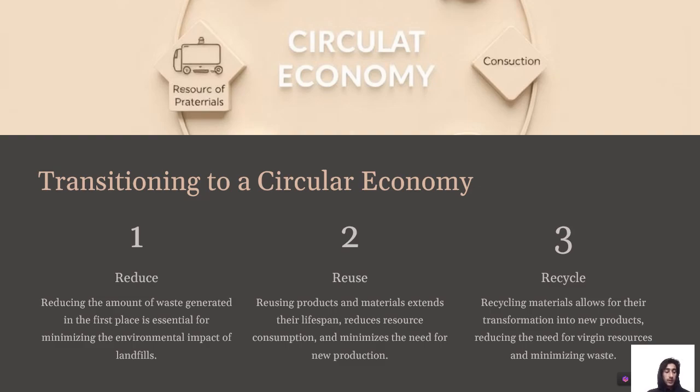So, discussing the benefits of recycling, starting from environmental preservation: it reduces deforestation and conserves raw materials. Energy savings: producing products from recycled materials often uses less energy. So, tips for recycling. Check local guidelines: recycling rules vary by region. Clean materials: rinse containers to remove food residue. Avoid contamination: don't mix non-recyclable materials with recyclables. So that is all for transitioning to a circular economy and moving on to the next slide.